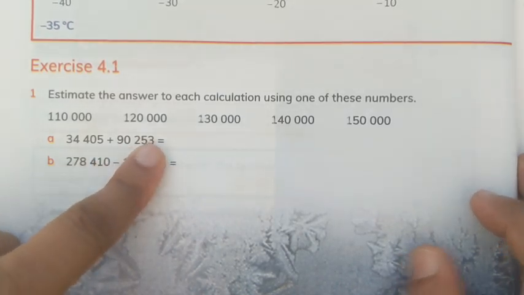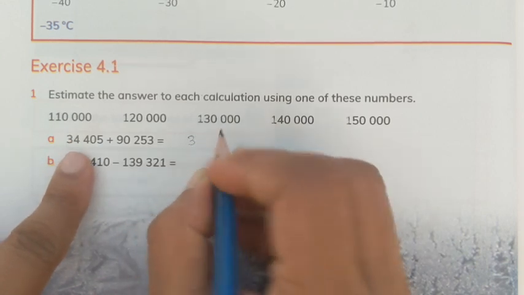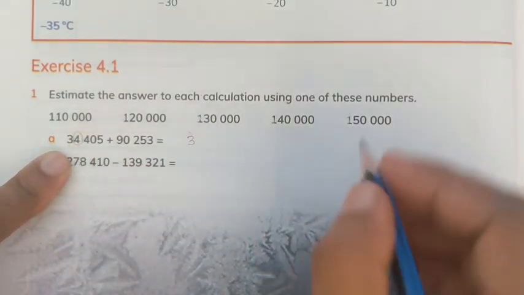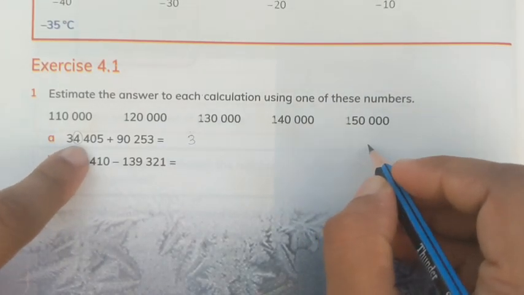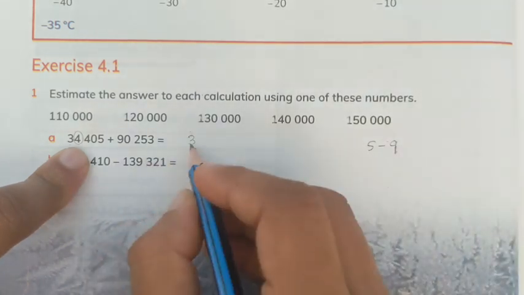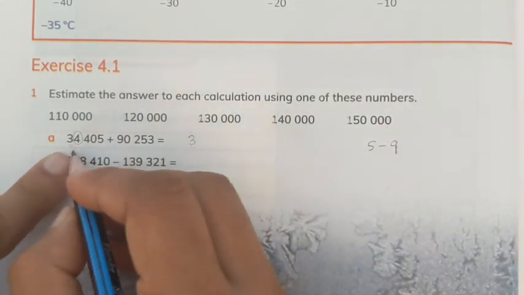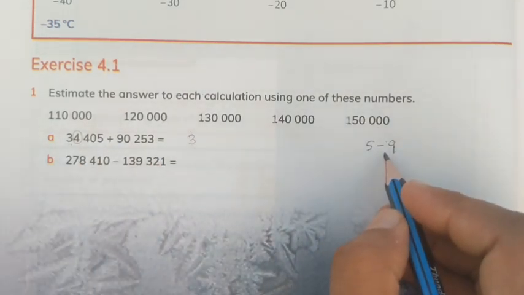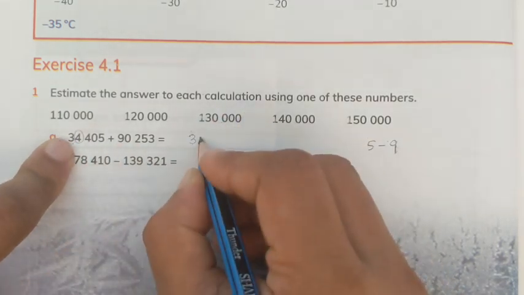We just have to look for the first digits. If you look at the first digit, it's 3, and right after 3 we will circle the digit and check whether it is a special digit. A special digit means it lies between 5 and 9, so we add 1 to the digit 3. If it's below 5, then we are not going to do anything. We simply write 0 in place of every other digit,